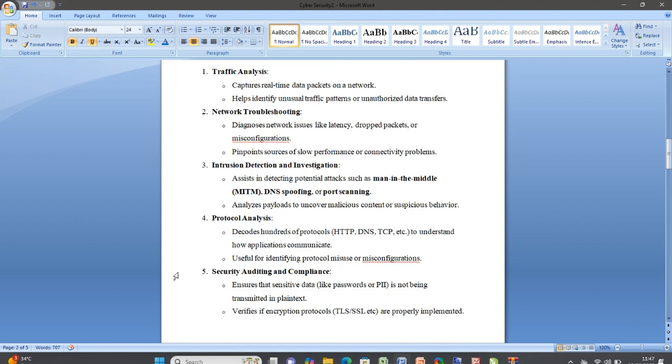Now, Wireshark can also be used for protocol analysis. It decodes hundreds of protocols such as HTTP, DNS, TCP, etc., to understand how applications communicate. It's also useful for identifying protocol misuse or misconfiguration. Finally,